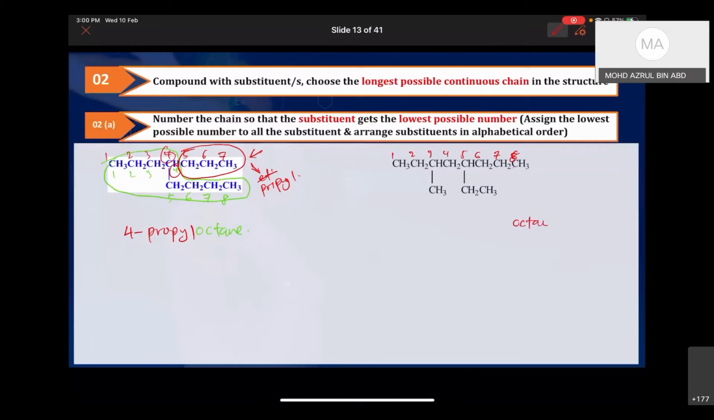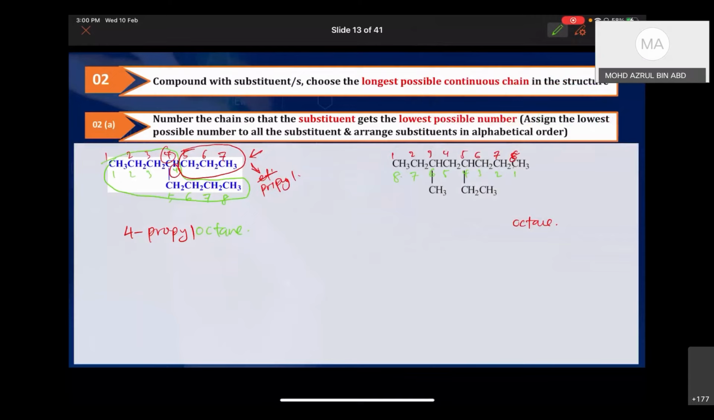Okay, octane. And then if you follow the rules of 2A, it said that you must number the longest chain with the lowest number of substituent. Let's say I change this one. I try start from here. 1, 2, 3, 4, 5, 6, 7, and 8. Okay. If you can see here, if I follow